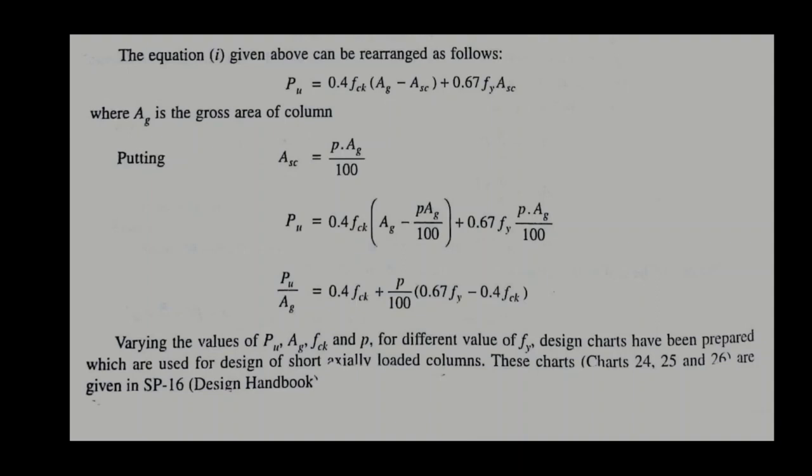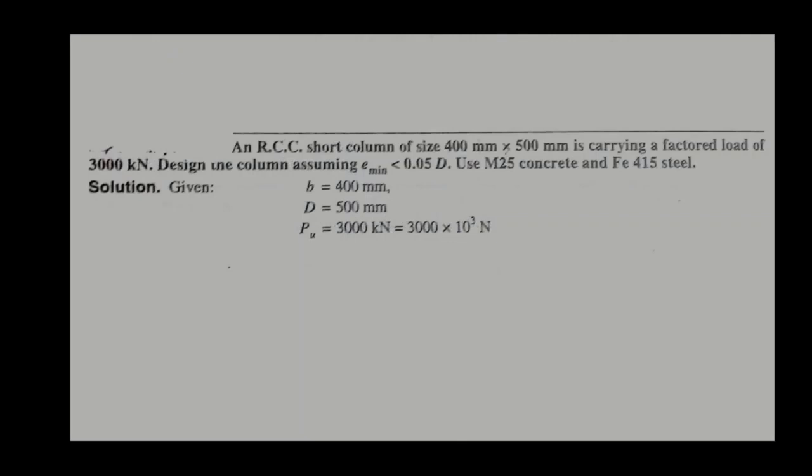For varying values of Pu, Ag, fck and p, for different values of fy, design charts have been prepared, which are used for design of short axially loaded column. These charts are given in SP16, chart numbers 24, 25 and 26, which are mainly used for this. Let's solve a few problems to better understand the design of RCC column. The first problem